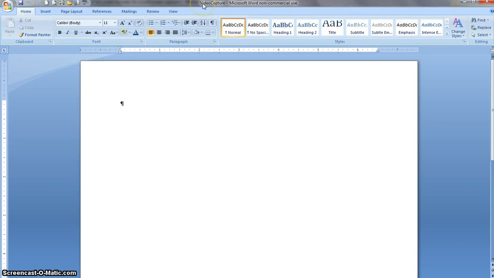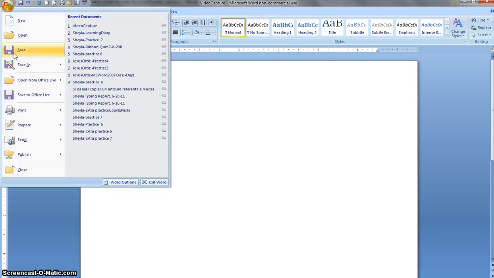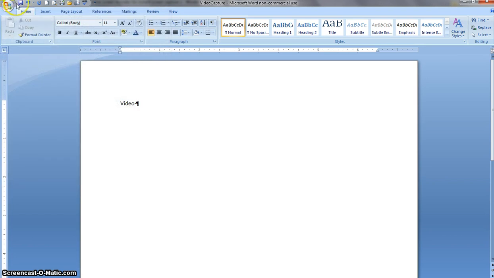Now my document is no longer called document 1. Now it's called video capture. Now if I write anything on it and I want that change to stay, I have to save it again. But now all I have to do is click either here or here, and that's all. Of course, it's easier to click here than to do this, so I'm going to click here. No window opens this time,